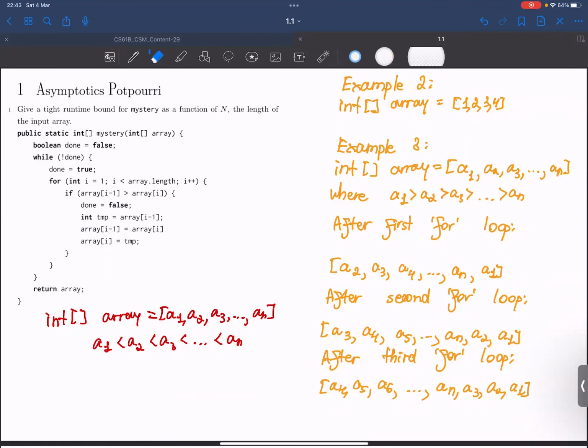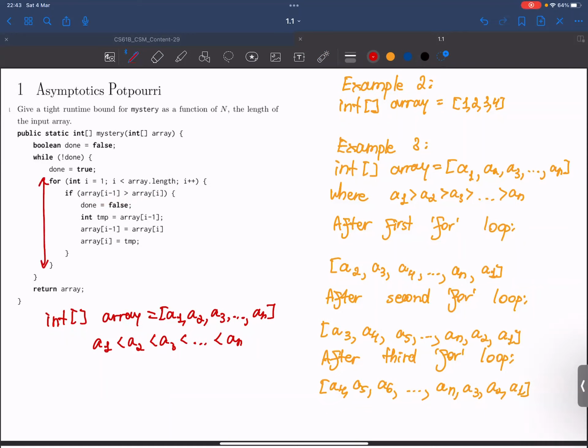We know that array[i-1] would always be smaller than array[i], because a1 is smaller than a2, which is smaller than a3, which is smaller than any value on the right side of it. Therefore, we will perform only one for loop,